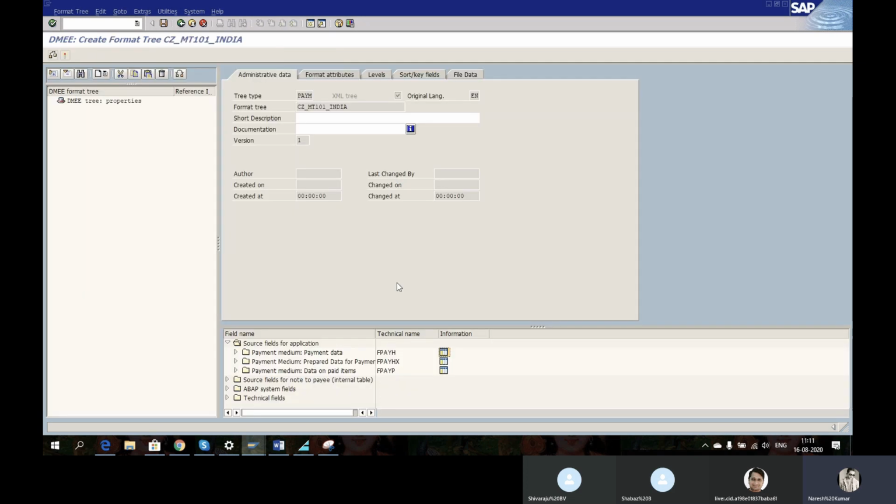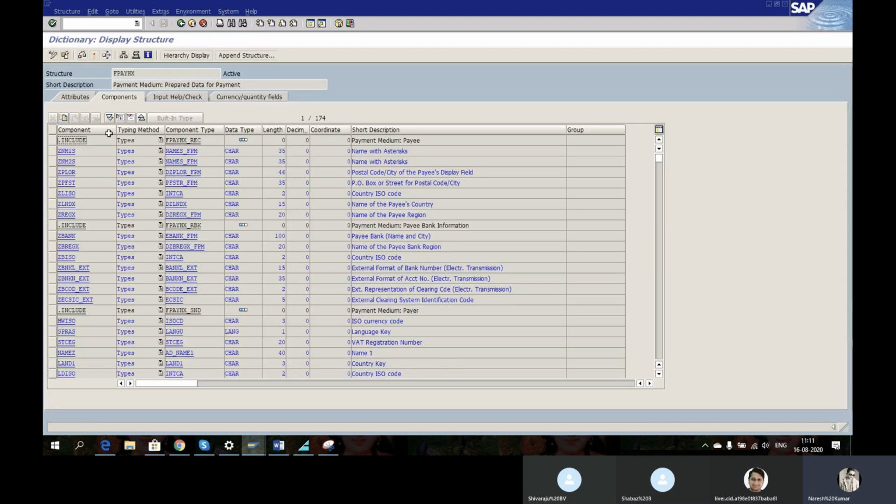So this is one thing for PAYH and PAYHX. We have different fields and components. Okay, now let us do one thing.